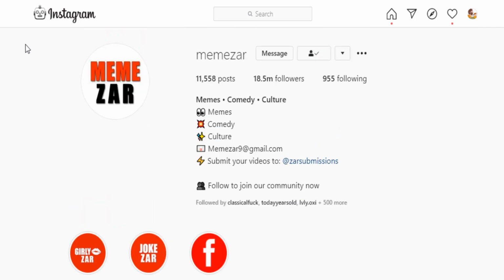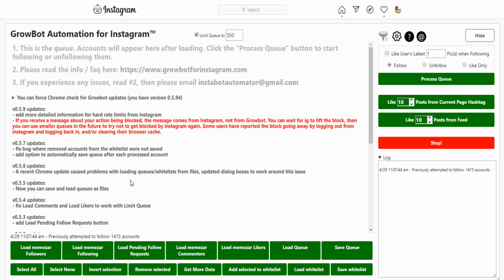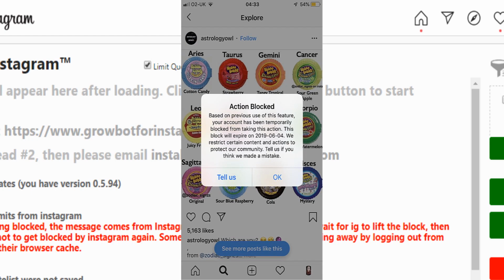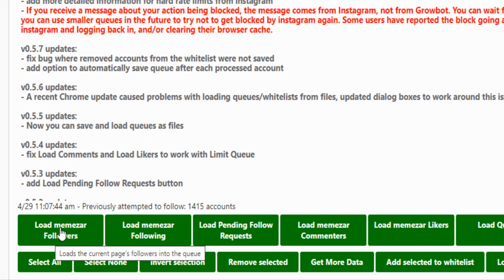Now take a look at this. I just bring down my tool, and I click that I want to follow, for example. You have to be careful with the number of people you try to follow at once. I usually go with 250 or 300 people, because if you go with 500 or 1,000, Instagram would think you're spamming people and they will give you an action block. Now, if I load, for example, the latest 350 followers of Memezar,